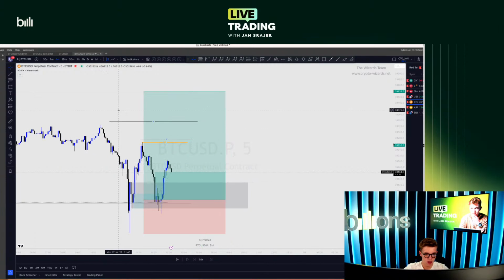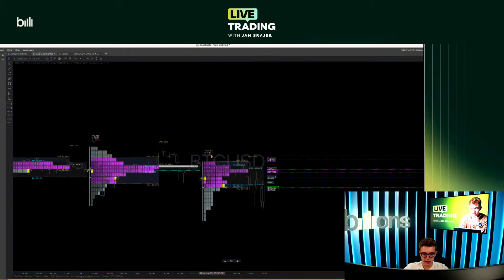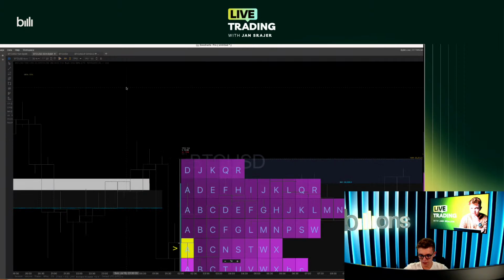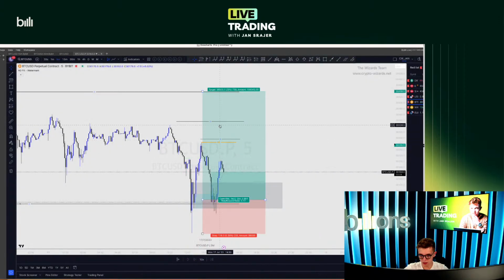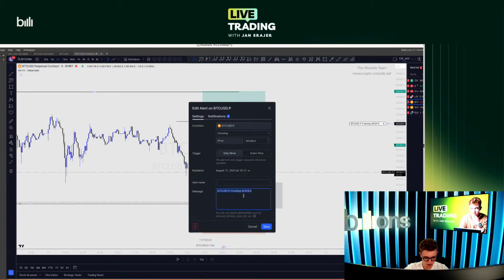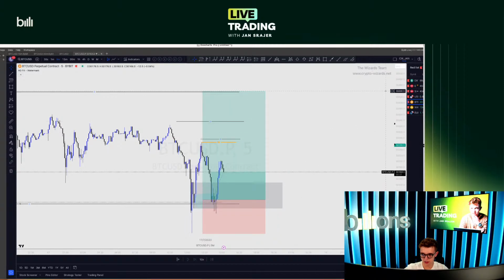Alrighty, so the exact level number 1 and the exact level number 2, 30,340 is going to be the zone that I'll be paying attention to today during the US session. So it's going to be above these highs here. So let's just type in BTC. This is going to be an unfinished auction. Finished auction. Potential TP1. And this is going to be a TP2. Or potential